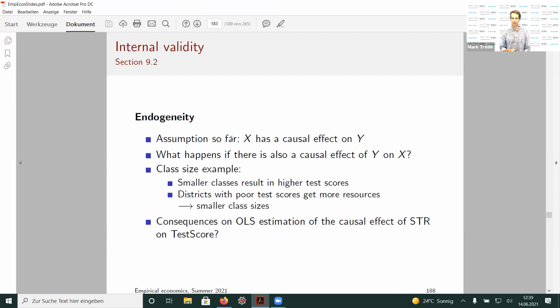So in the one case, we look at the causal effect of class size on the test scores, but it could also be that there's a causal effect from the test scores to the class sizes. And of course, that has to be taken into account when you are interested in the causal effect in the first direction. And it's a really good exercise to try to find a story, to think up a story. It need not really be a convincing story, to think up a story where the line of causal effect goes in